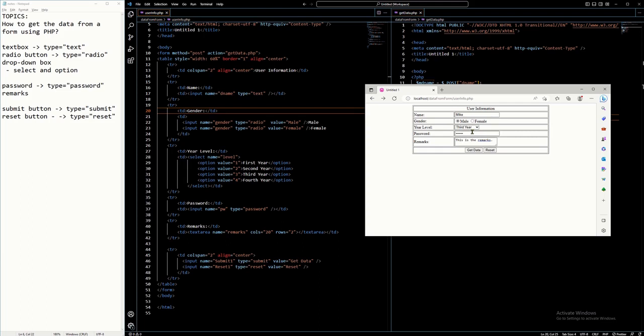I assume that you already know how to create a form. But for this one, I will again review how to use the elements that we will use in order for us to input data and eventually to get the data. So in this case, for example, here,